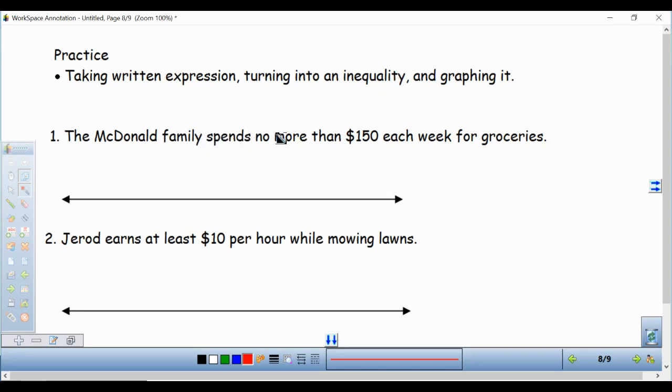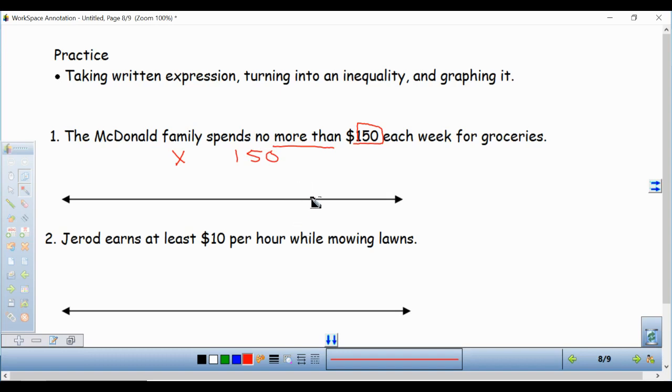The McDonald family spends no more than $150 each week for groceries. So this is going to be a simple inequality. We don't know how many weeks. So X is going to represent what they can spend. So if I put my X here, well, this is the only number I've got. So X can be greater than, less than, greater than or equal to, or less than or equal to $150